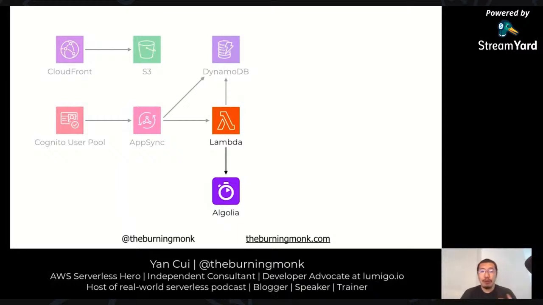We also use Algolia for search, and for those of you who are not familiar with Algolia, it's basically Elasticsearch, but it's probably the closest thing we have to a serverless Elasticsearch.